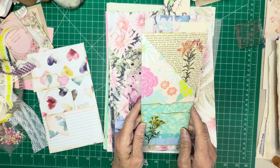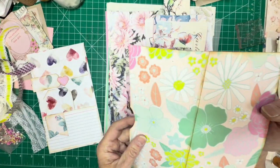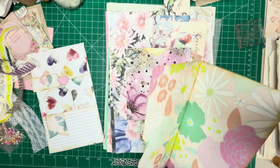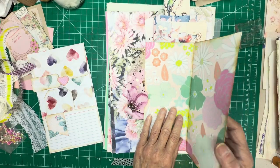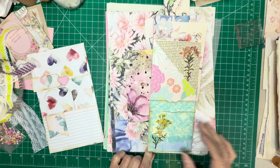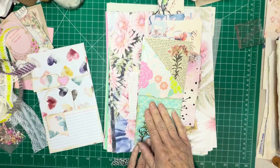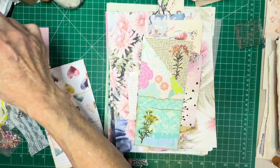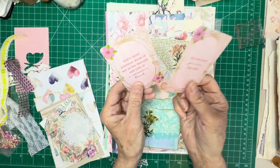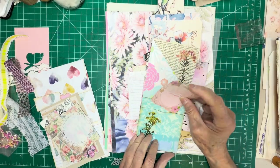This was in my stash. I made a bunch of these one time. It was an idea that I picked up from somebody, and I can't remember who. I can't remember exactly how this works. I think you glue this down on your page like a pocket, okay? And then this flaps out. And then there's a pocket here, and a pocket here, and a pocket here. And you can put all kinds of stuff in it, like I'm putting in 2 of these little cards that I got one time. You are more precious than gold, and it's got a scripture on the back, and they all say something different. So, you know,